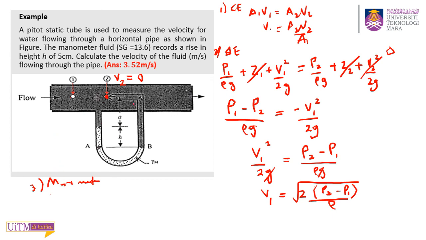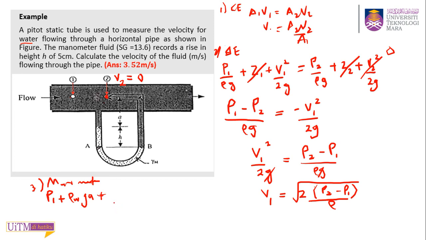You have this manometer, and you need to write your manometer equation. P1 plus, what is the dark fluid here? Water. Okay, rho water g a, and then plus